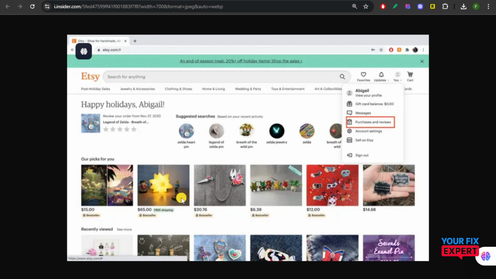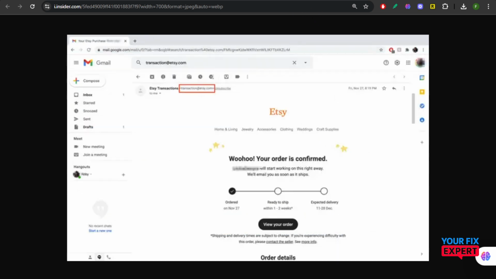So what you're going to do is to head over to your Gmail account and then you're going to find the transaction that confirmed your Etsy order. Now you're going to click on the notification or the sender that sent it to you. Just click on that and then you're going to email that sender that you want to cancel or you want to refund the product that you have just ordered, because in Etsy usually you're gonna have to send emails and